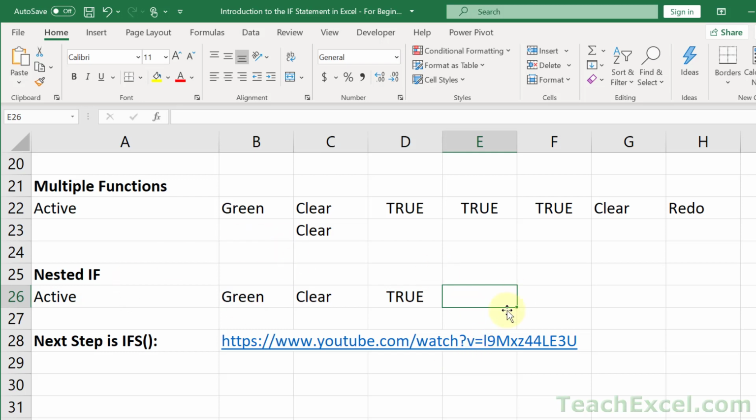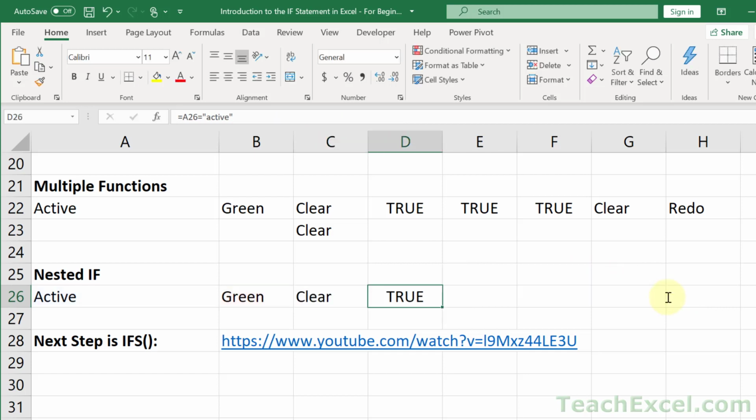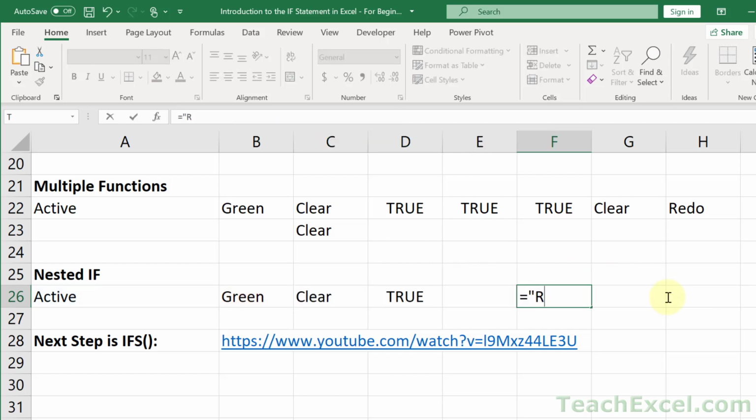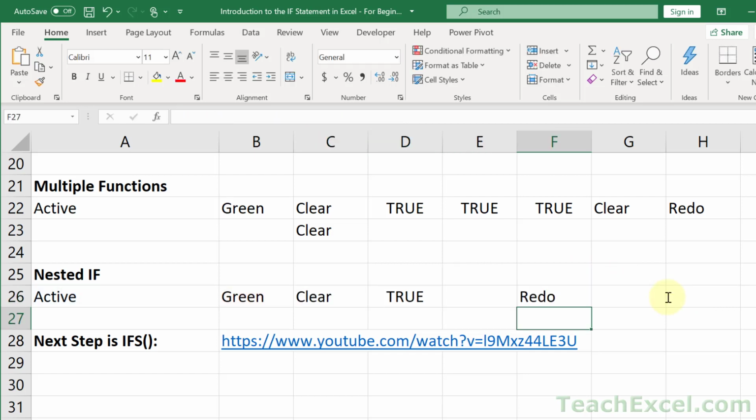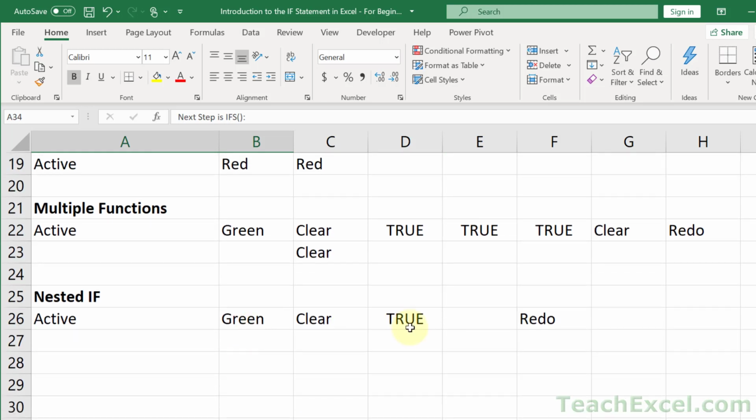Now, what do I want here? Well, here I want something really complex. But what do I want if this is not active? Well, I want the text redo. Okay, so let's go over here and do equals redo. Now I've got that done. And what I'm going to do is move this guy out of the way. All right. So I've got that